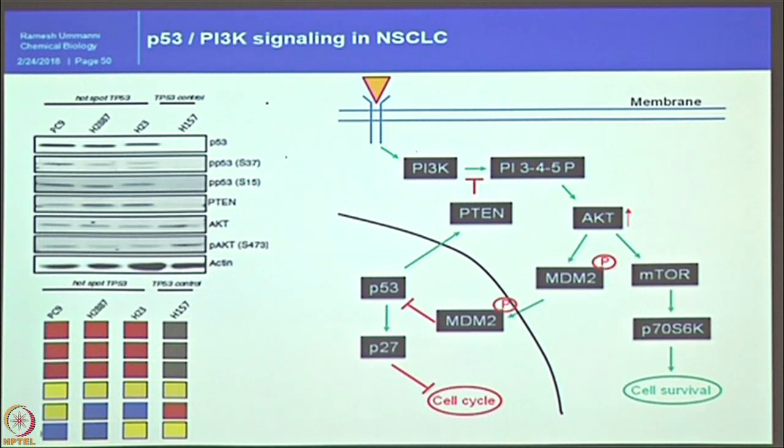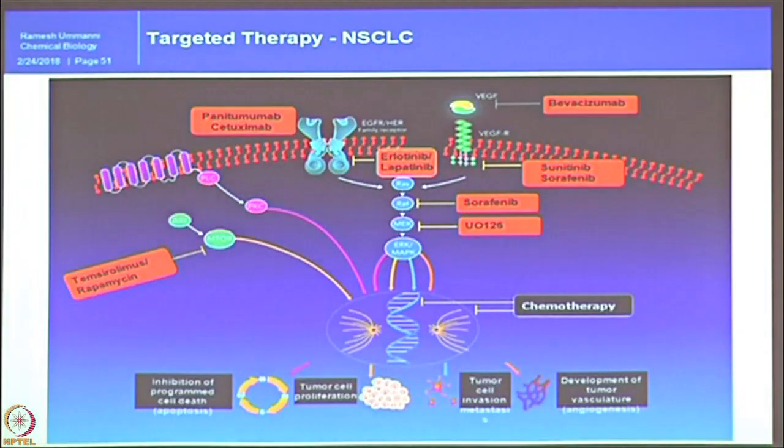They were always treated in a different manner. So those P53 patients with activation status of AKT should be treated with AKT inhibitors rather than the other inhibitors. This information was missing earlier. So this way we can use the reverse phase protein array approach to categorize the patients for treatment approach.